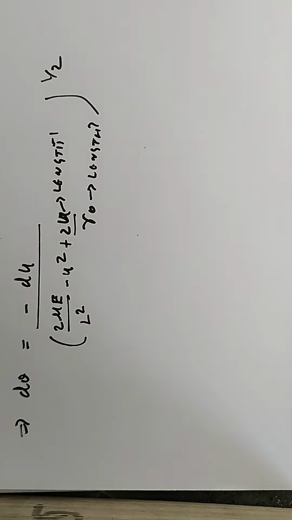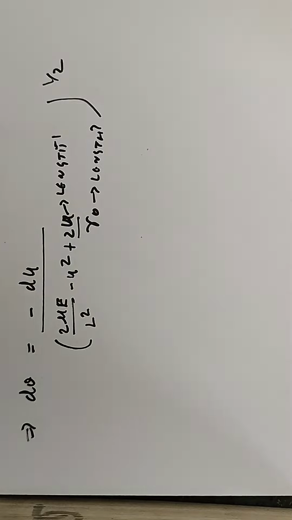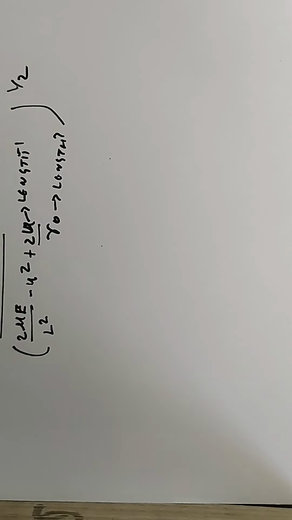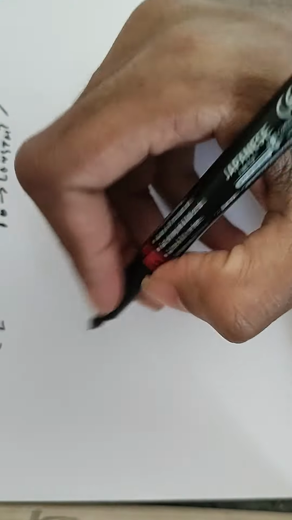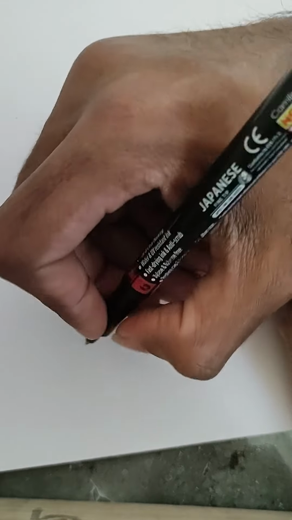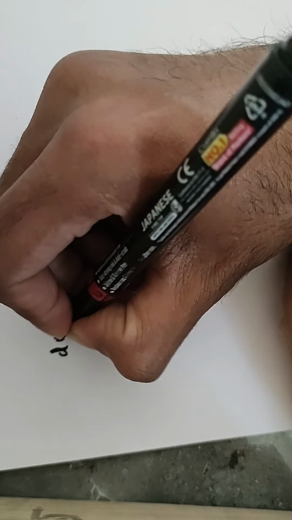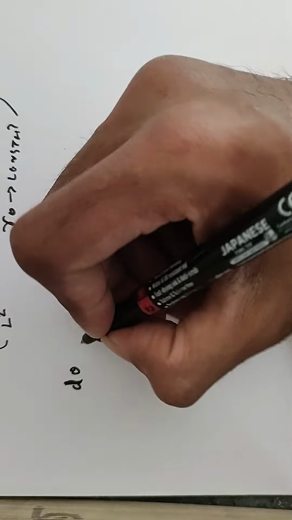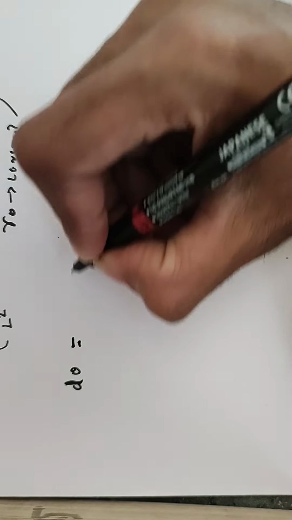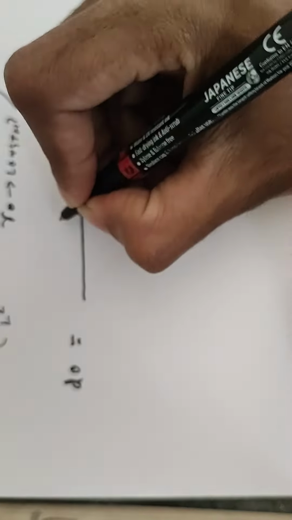So what I can do now, I want to rewrite the denominator to express in terms of what is called eccentricity. So I urge you to go through the basics of conic sections. It's not difficult, okay? It's not at all difficult, but it's important. So d theta, okay, this is